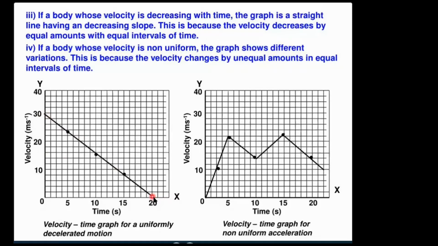Finally it reaches zero when it touches 20 seconds, that means your velocity becomes zero. Finally your vehicle stops here at 20 seconds, right? Within 20 seconds your vehicle speed gradually decreases and reaches zero. It indicates uniform deceleration. Getting a negative slope like this indicates decelerating; your speed is decreasing slowly with respect to time.